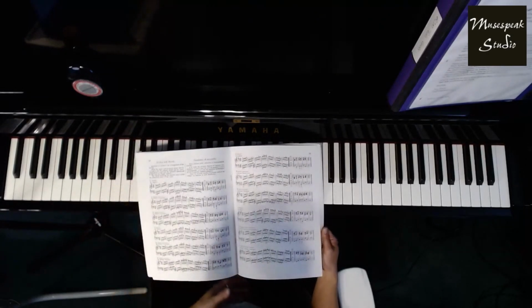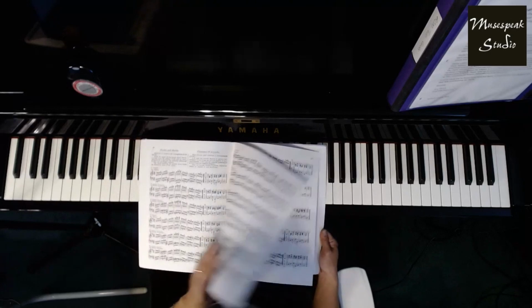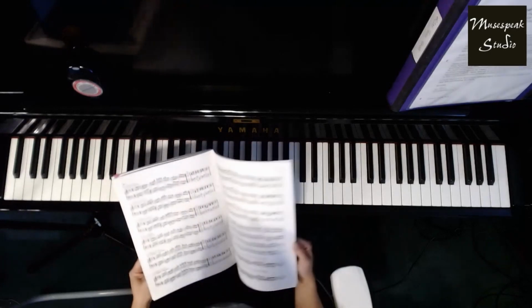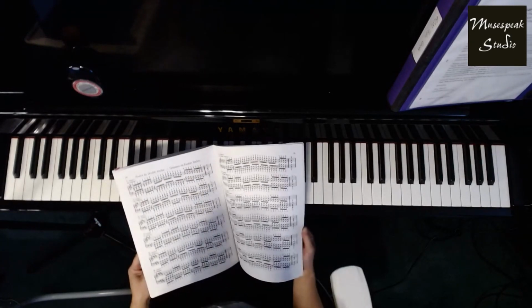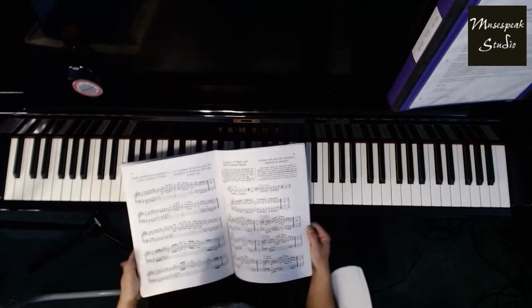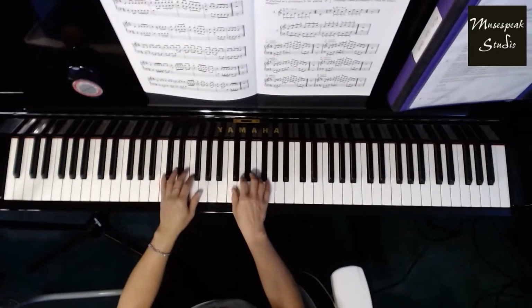You also have a couple of pages dedicated to all the major and minor scales and some popular chord progressions. So that's good. Scales in double thirds, scales in double sixths, and then scales with different rhythms. So this is nice because it actually writes out